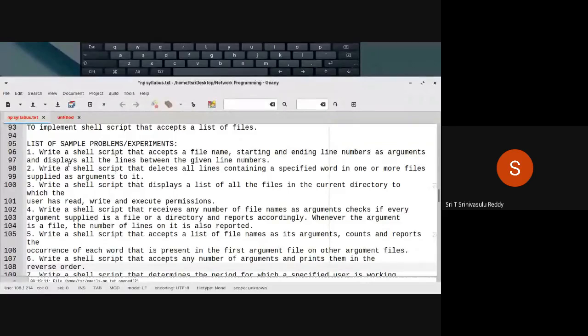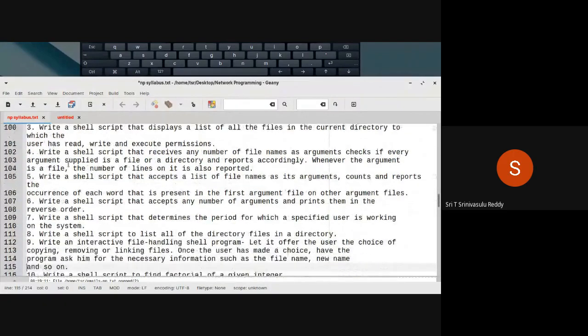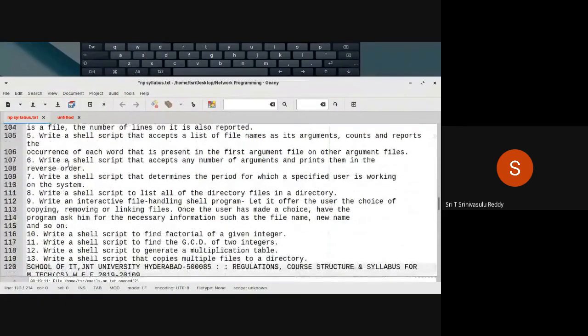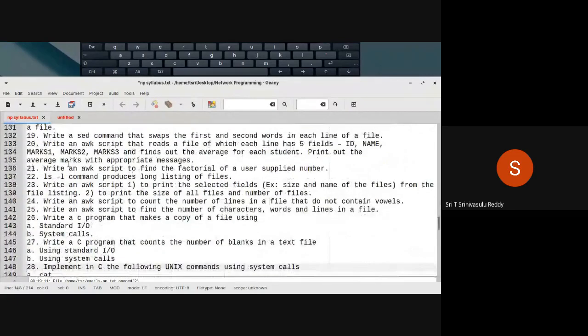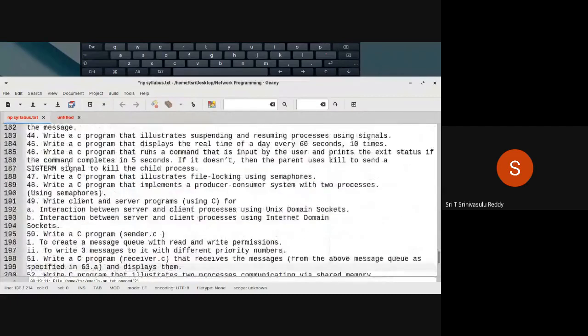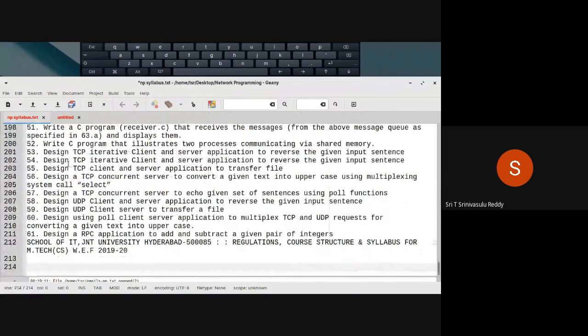But better you start practicing. Without that, it is difficult to remember these courses by heart, and that exercise is a wasteful exercise, right? You can see there are too many experiments given. As you can see, 61 problems are added here. It doesn't mean that you have to complete all of them and submit to me, but it is an indication to you of the kind of knowledge that you may have to acquire. That is the idea behind this.